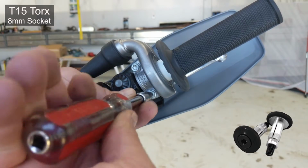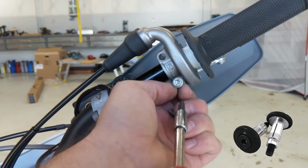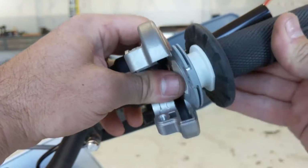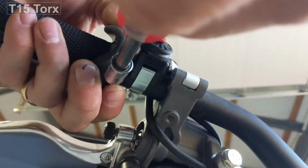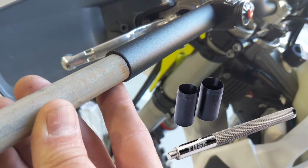I'm installing bar ends in this bike to protect the grips, and to do that, on the right hand side you take out the two bolts that hold the throttle cable assembly in place there, separate it, and then remove the cables from the grip end. And then on the other side, it's really easy, it's just the one screw, and then you slide it off, and then you got to punch out the end of your grips